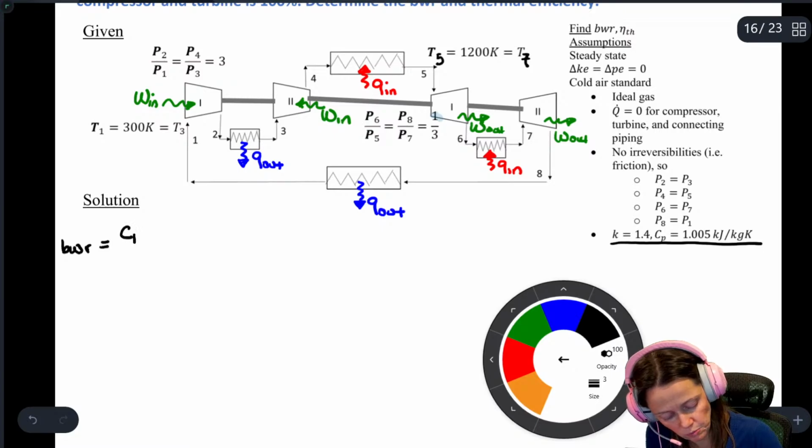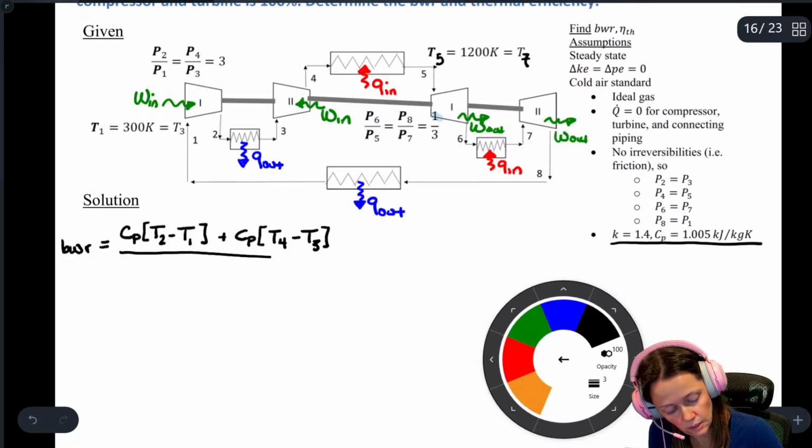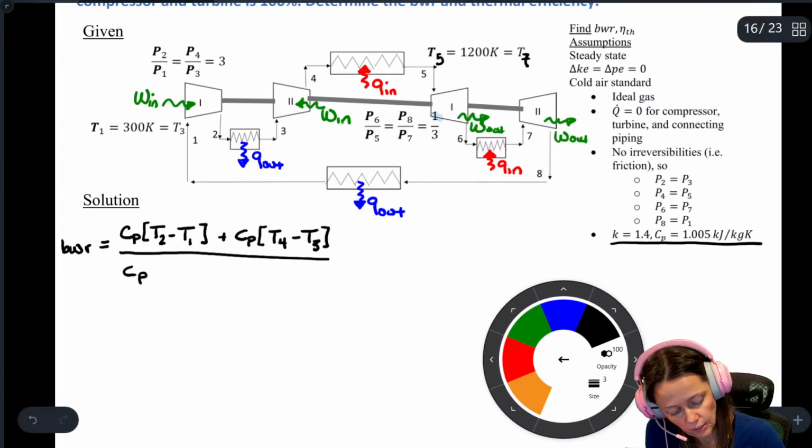For the compression process, you've got CP (T2 minus T1) plus, it's going to be in terms of delta H's, but those in terms of CP delta T, (T4 minus T3). And then on the bottom, you've got the work output, the expansion process. So this is going to be CP (T5 minus T4)